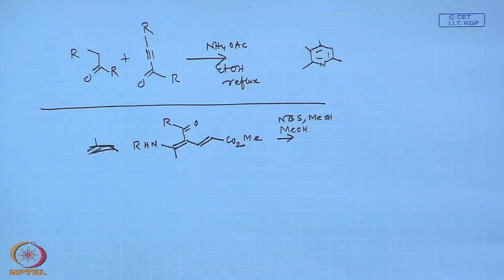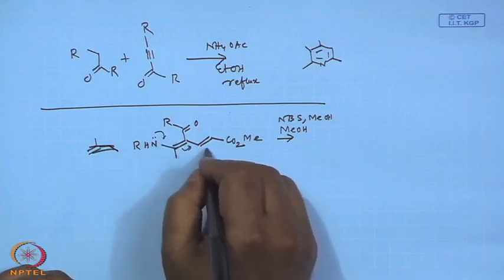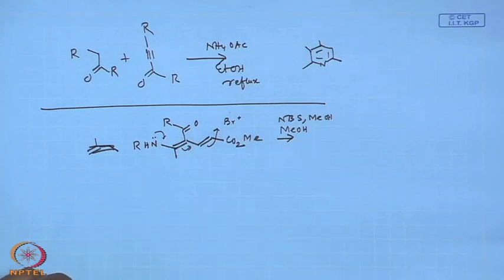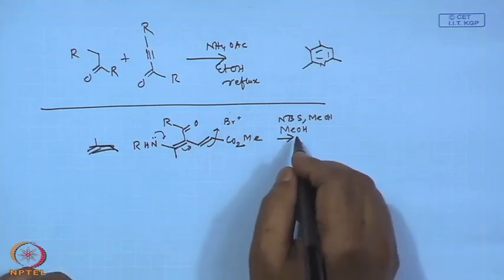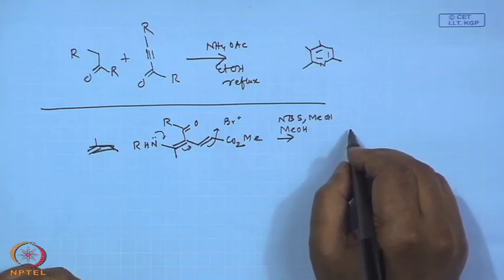Can you guess what could be the product? I said before, a pyridine derivative. So, what is the starting point? What reaction can you think of? NBS methanol is a source of bromonium ion. So, bromonium ion, that means this lone pair would direct this bromination here, right, bromination here. Then you have in the system sodium methoxide, and eventually what you will be getting, let us say,